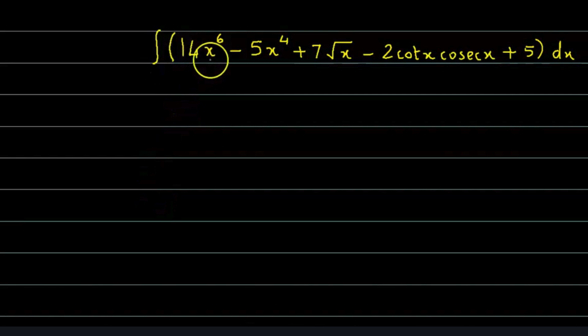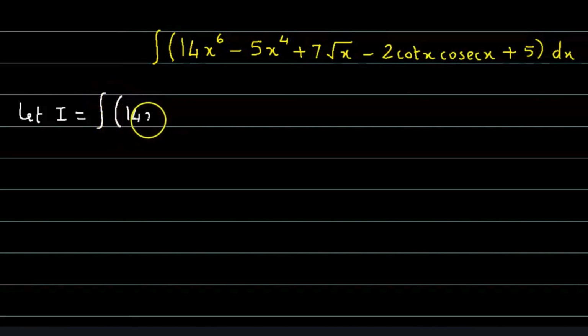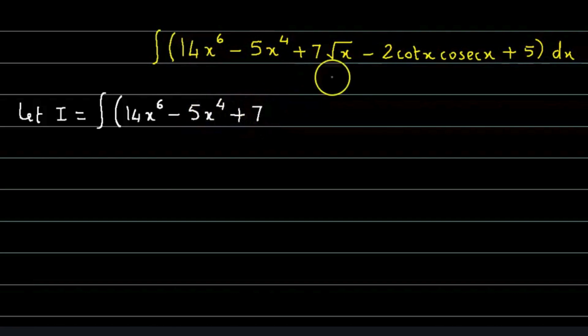Integrate 14 times x raised to 6 minus 5 times x raised to 4 plus 7 times root x minus 2 times cot x into cosec x plus 5 with respect to x. Now we name this integral as I. So let I be equal to integration of 14 times x raised to 6 minus 5 times x raised to 4 plus 7 times, now root